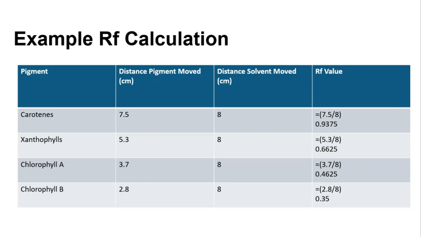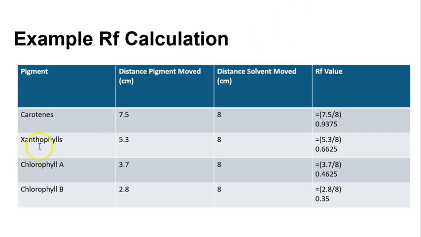So here we see that there's a table that's laid out by the pigment type on the very left here. Second from the left is the distance that the pigment moved in centimeters. The third from the left is the distance that the solvent moved in centimeters, and then finally the RF value calculation. So in this example here, carotenes have moved 7.5 centimeters up the paper, while the solvent moved 8 centimeters, so we simply divide 7.5 by 8, which gives us